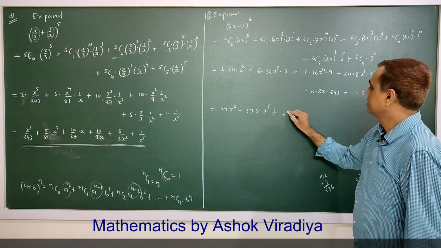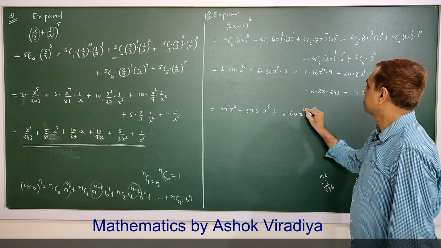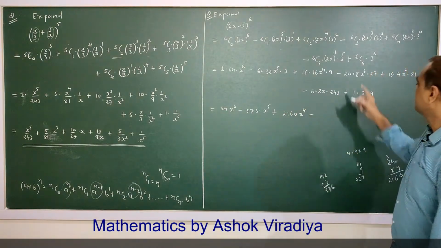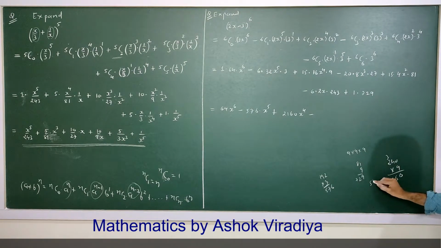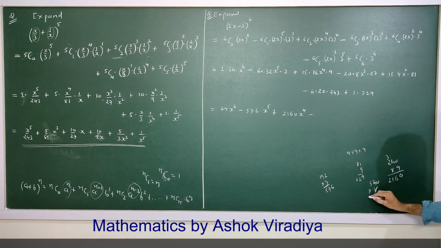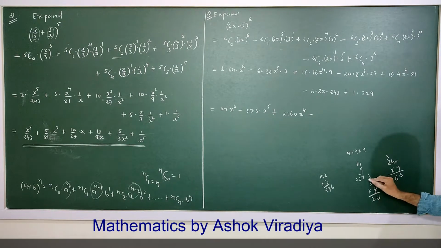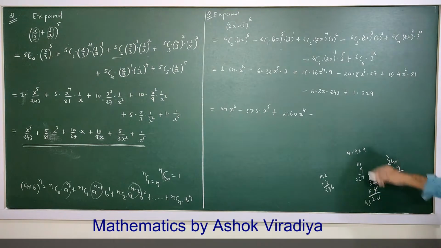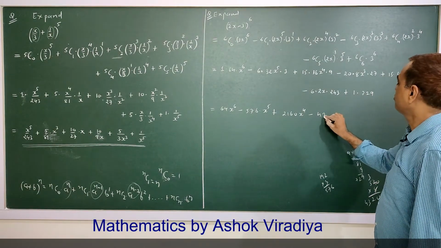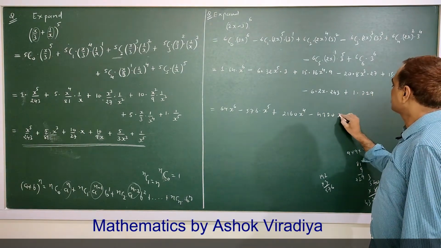This will be 2160 x raised to 4 minus, this will be 540 into 8, 4320, 4320 into x cube